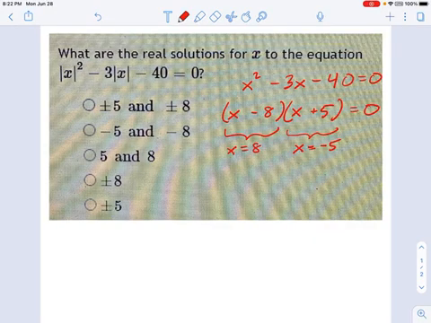Where it gets tricky in this problem, and this is actually an interesting application of absolute values, is you have to remember these are not x. These are not x variables. These are absolute value of x. So if you go through here and you add the absolute value to this equation, what changes? What effect does this have? Okay, these are all absolute value of x.